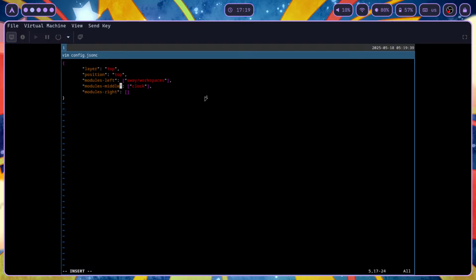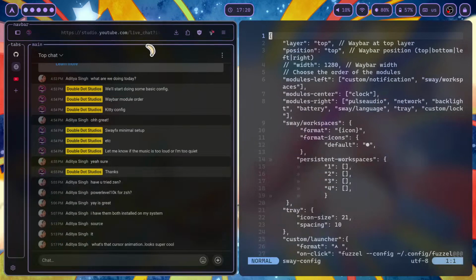Let's do that. We can have the clock somewhere else, but we want the workspaces in the middle. And then we want to do